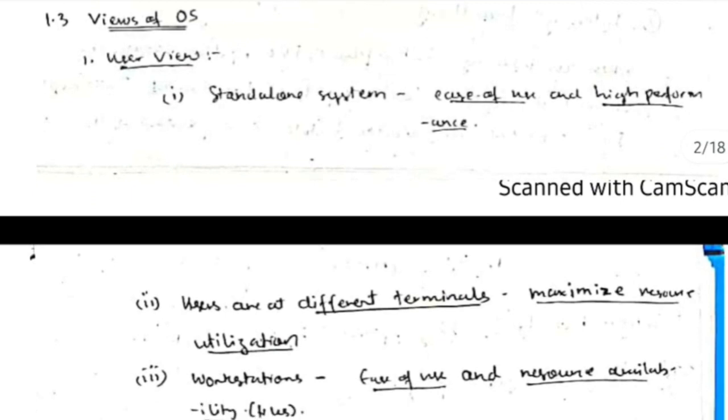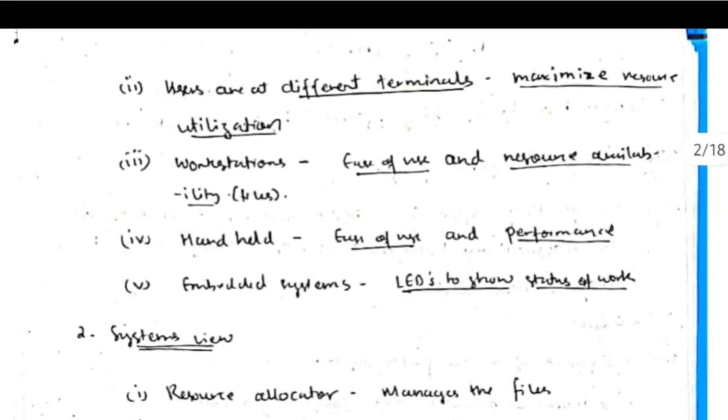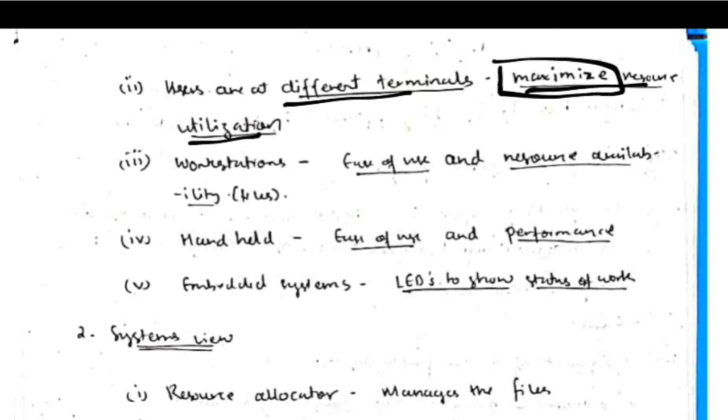Then coming to the views of OS, there are two types. First one is user view. Users are of different types, like standalone systems. It's mainly designed for ease of use and high performance, like a single user using the system. For him, the ease of use and high performance is important. Like that, for the different terminals where the users are present in different terminals, maximum resource utilization is more important. So the operating system is designed that way. Maximize resource utilization means the resources which are available, like the secondary memory storage and all, that access should be